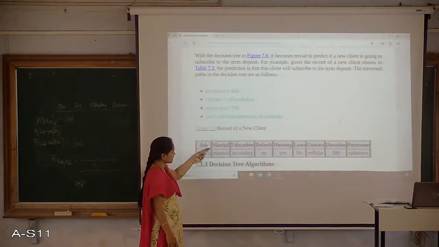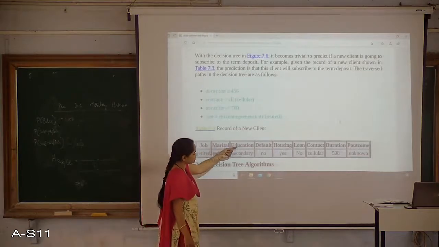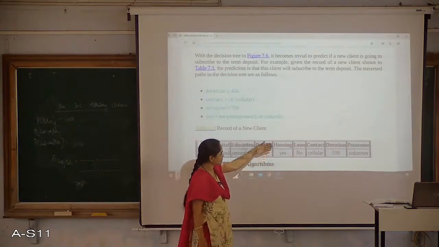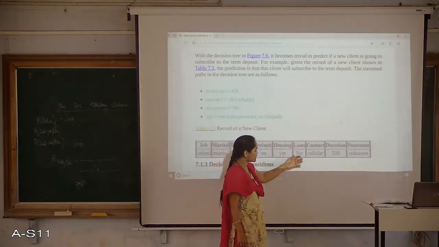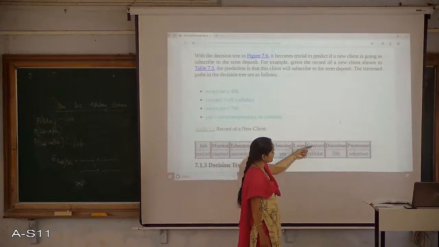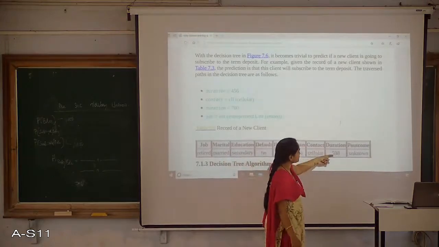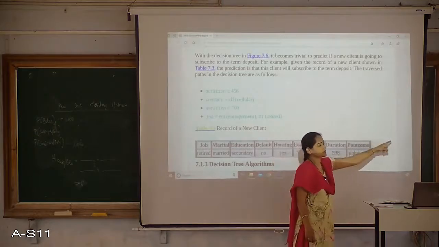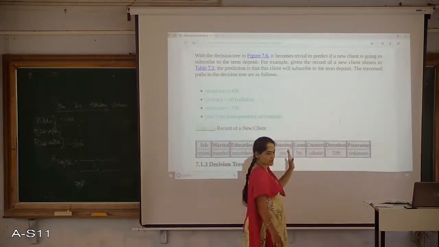Job is retired, marital status is married, education is secondary, default is no, housing loan is no, personal loan no, contact is cellular, duration 598 and P outcome is unknown. I have to decide whether subscribed equal to yes or no.